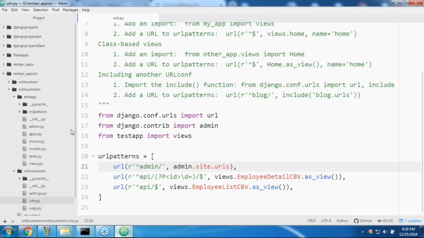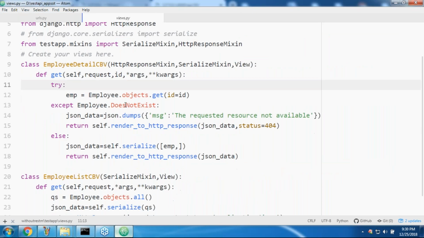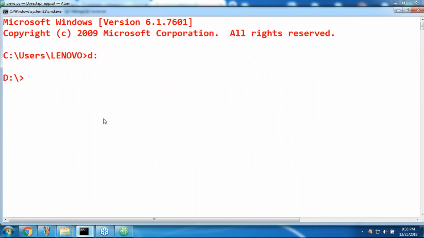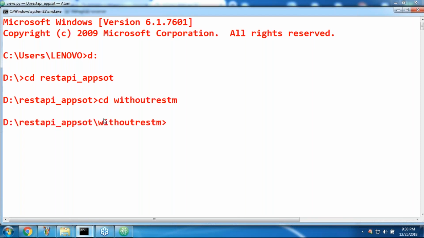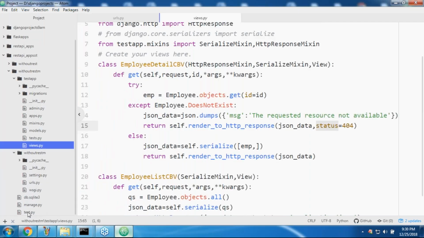I handled it very neatly in the case of user.py. I hope you are able to understand. If the employee does not exist, then 'requested resource not available', and status code 404 I kept, sir. Now if you want, there is a way to send requests from a Python application also, without the REST framework. So there is a test.py. I covered it, right? Have you remembered?